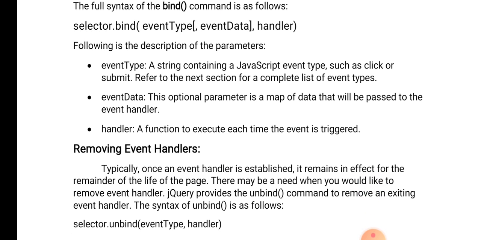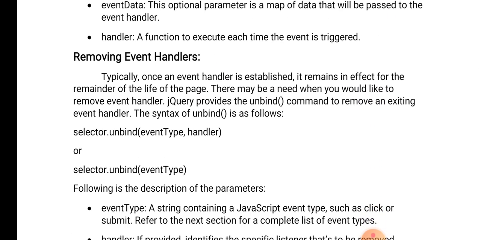Now let us see how to remove event handlers. Typically, once an event handler is established, it remains in effect for the remainder of the life of the page. There may be a need when you would like to remove an event handler. jQuery provides the unbind method to remove an existing event handler.